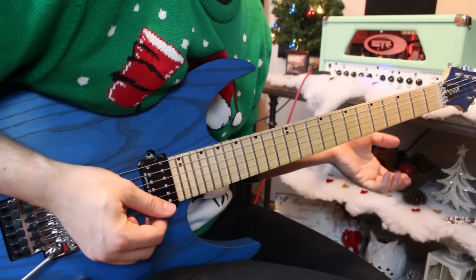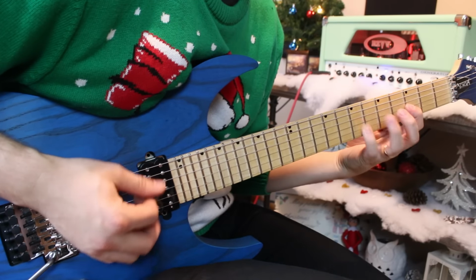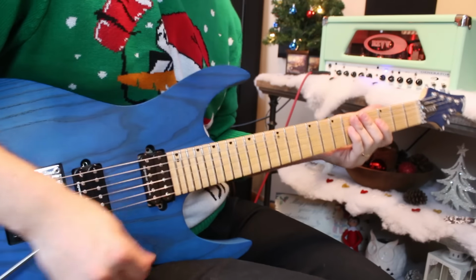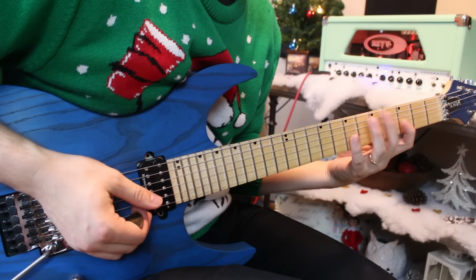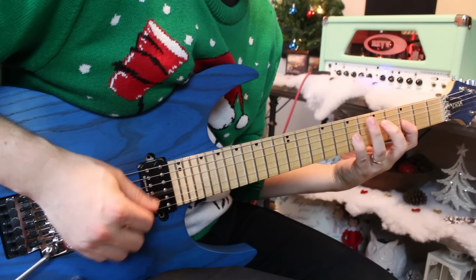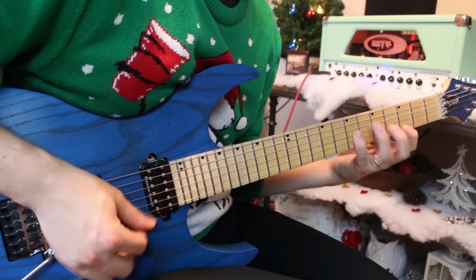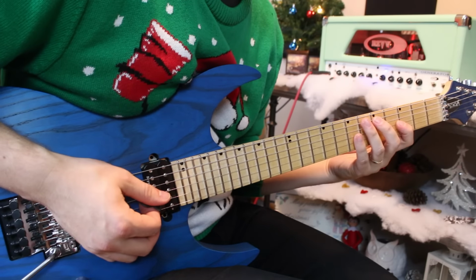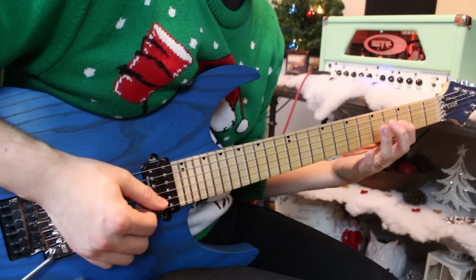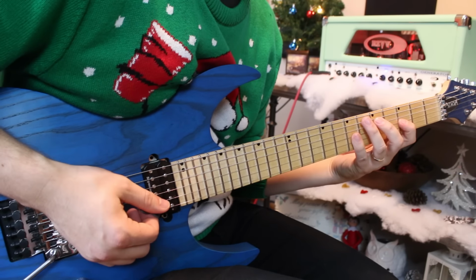Then I do this little G minor arpeggio, which is just, you know, very signature Paul Gilbert string skip. I'm going 7 to 3 on the G, and 5 on the D. And then I go to, was it 5 on the D, so it goes 7 to 3 on the G, pull off, 5, 3 hammer on 7, 3